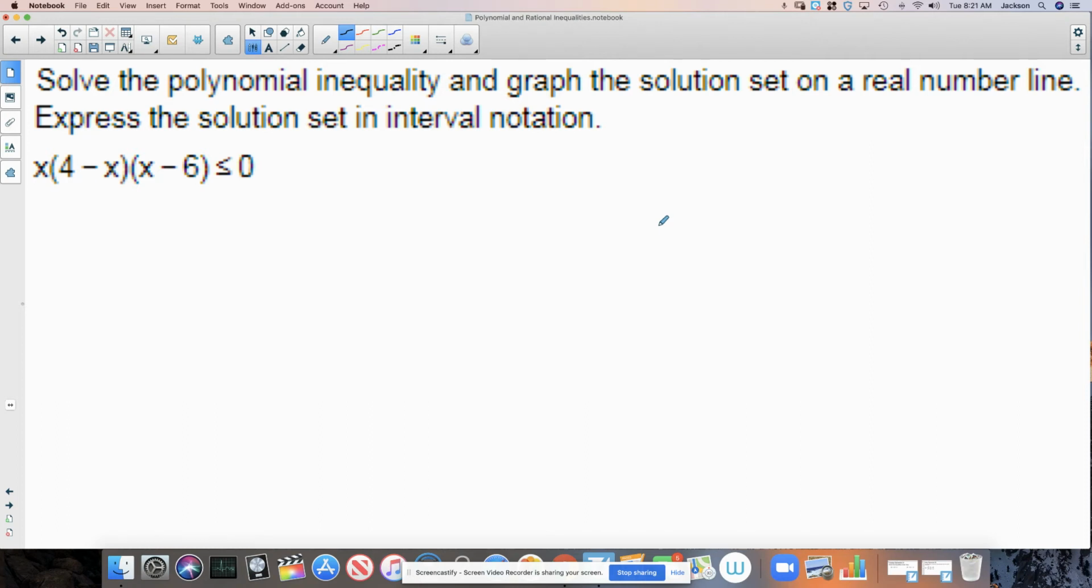All right, something similar, a little easier, but with a couple of wrinkles here in terms of solving this polynomial inequality. So here it says solve the polynomial inequality and graph the solution set on a real number line. Express the solution set in interval notation. Okay, so a few things worth noting right off the bat. Number one, they've already done us the favor of